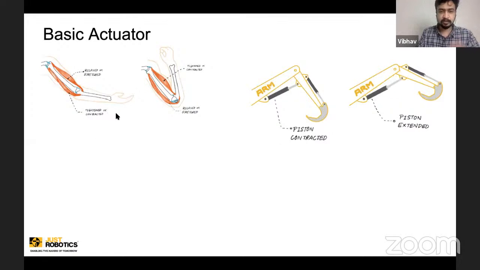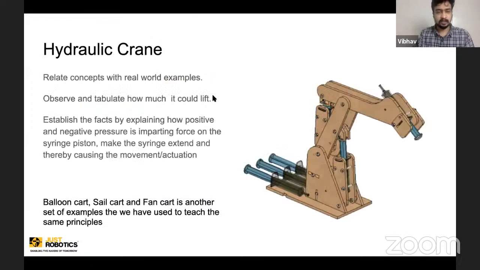So this we are also connecting with how our muscles work and why movements are possible. We can even talk about joints, different kinds of joints, revolute joint, sliders, rack and pinion, all those mechanisms we can also speak about, provided you have time with those kits. If not, then you just stick to the basic actuator. See, I'm giving you context as to what works in a classroom when you want to start teaching robotics. So this is something that we have understood. Okay, if you teach like this, then they'll understand these concepts